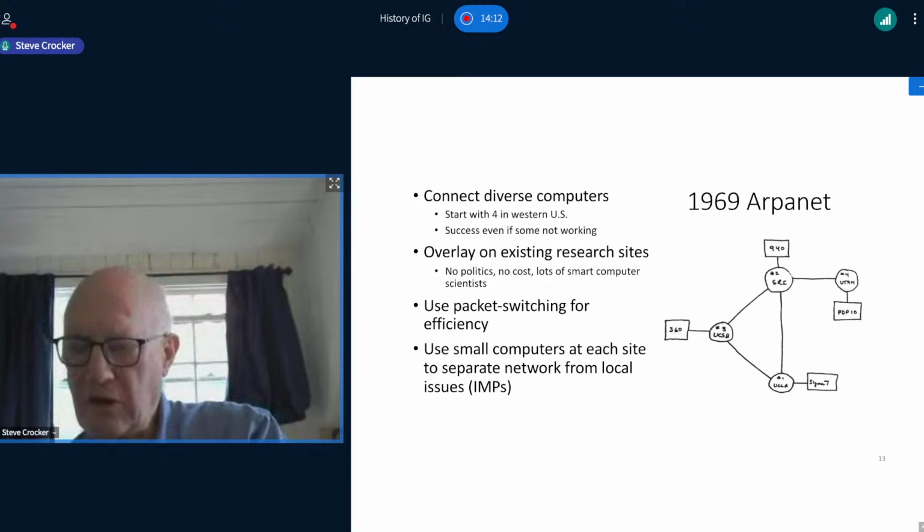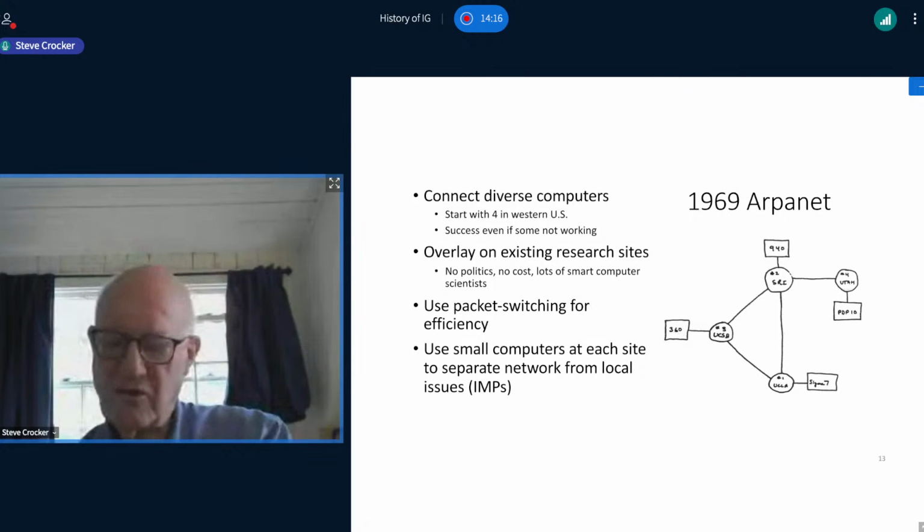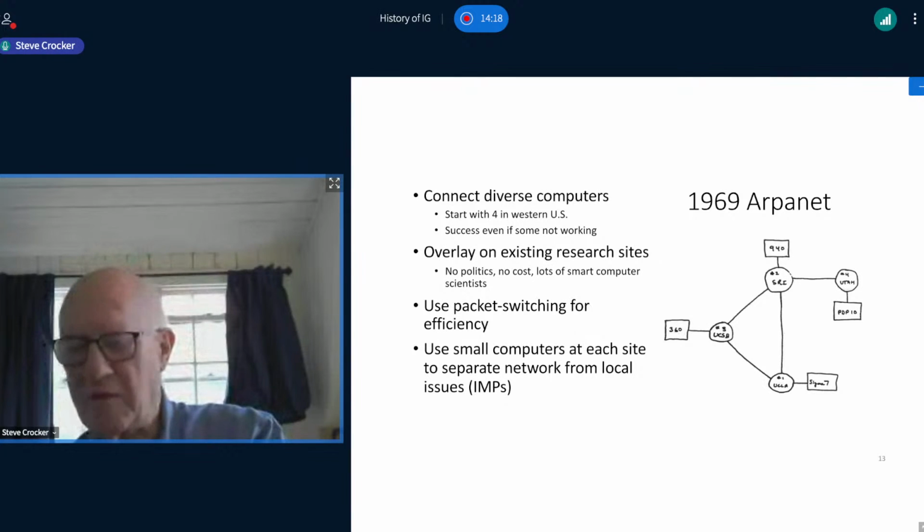And the initial network, pictured here, the famous diagram that's been used many, many times. The round circles are the routers. As I said, we call those IMPs, and the rectangular boxes are the computers that we used, and each of them was used in time-sharing mode,